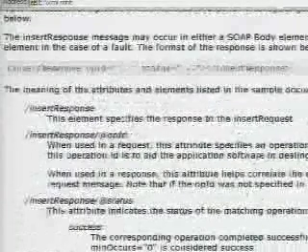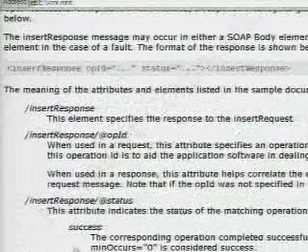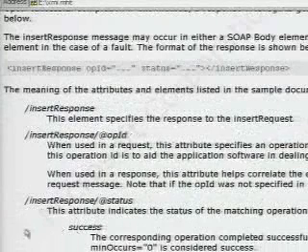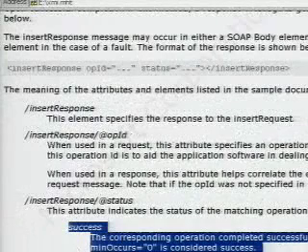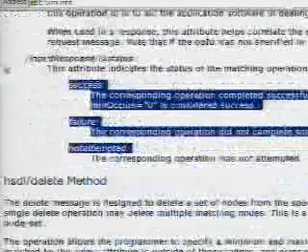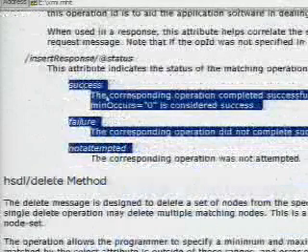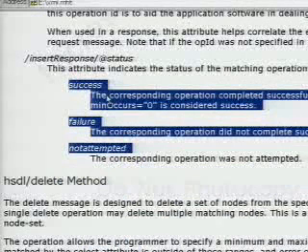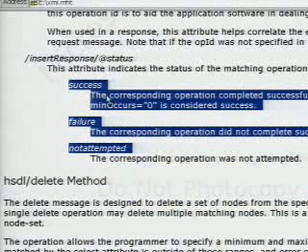And so here are the kinds of things that can come back from an insert operation, just as a high level. The operation can come back and say status success, and it says that the operation succeeded. It can come back as a failure, and it can also come back as not attempted, which happens when we boxcar or chain together a bunch of requests, and each one has to succeed only for the next one to go.